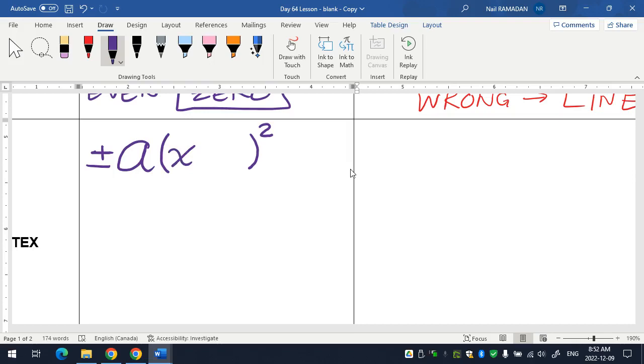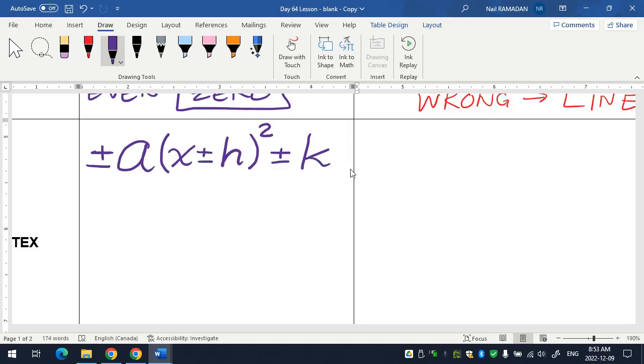okay? Now, instead of A, B, and C, and again, don't ask me why. These are just the rules for the symbols they use. In the standard one, they used A, B, and C. In the vertex one, they use A. Again, I'm showing you what you guys see in future math courses. They use A, and then H and K. And then what do you put behind each one? Either a plus or